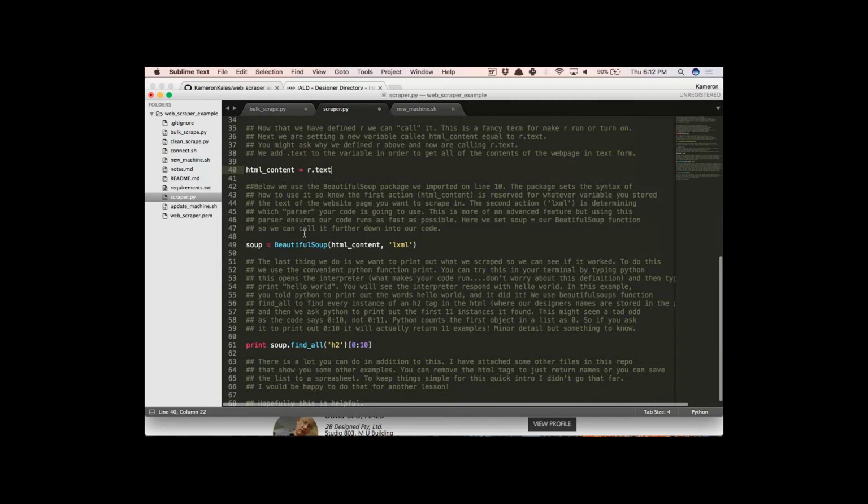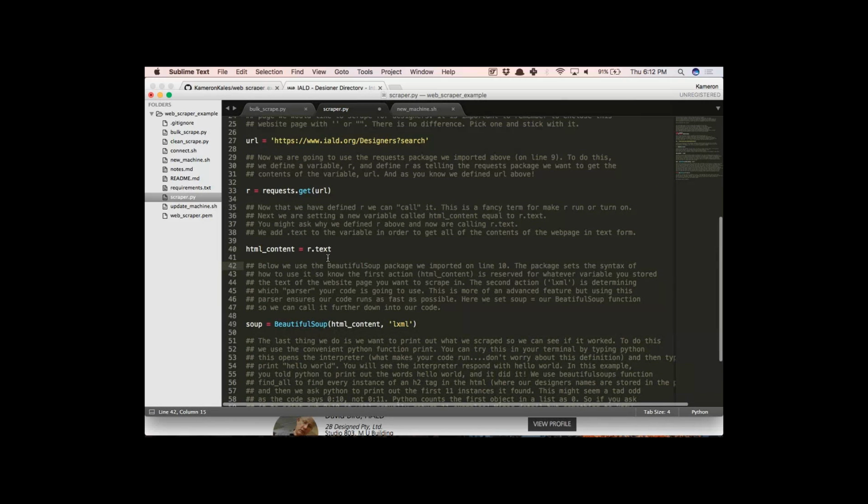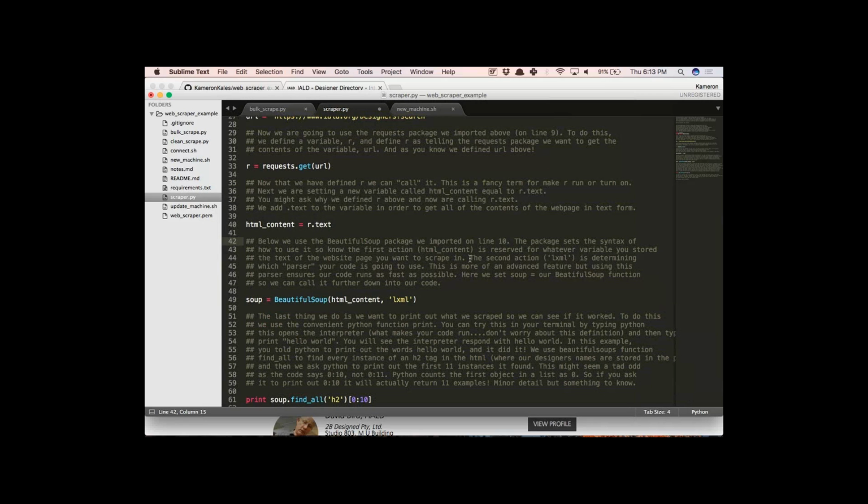So now we're going to get started with actually scraping the content. And I tried to include in here a few notes about what we're actually doing. We're going to use the BeautifulSoup package we imported on line 10. The package sets the syntax of how to use it, so just follow this syntax. I guess it's less important to know why it works and more important to know that if you write it this way, it will work. So you put this first action as HTML content, which we set up here. It's just telling Python that we want to go get all of the data from this URL and convert it to text. And then the second action, this